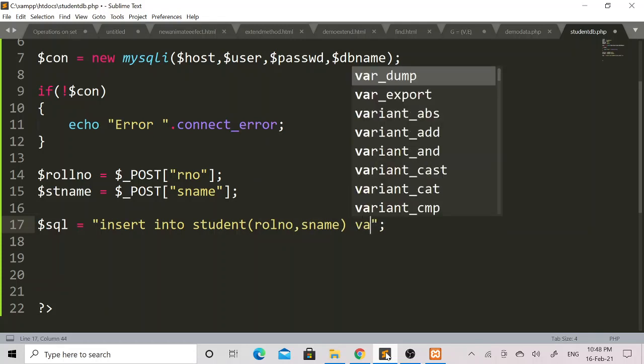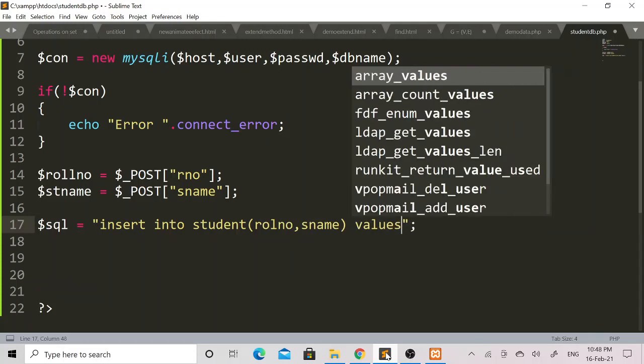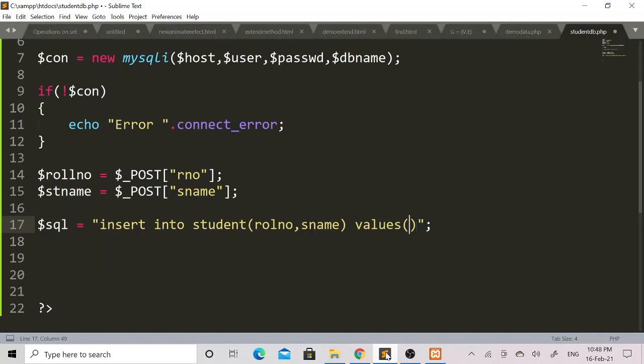Then I will mention here values, open parenthesis, close parenthesis. So first I will set the roll number. Here I will add the $ROLNO variable. Then using a comma separator I will add another column's value, that is the student name.